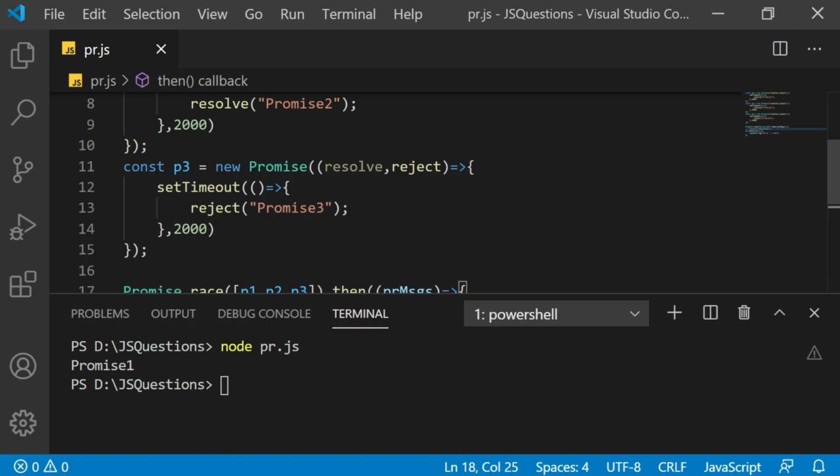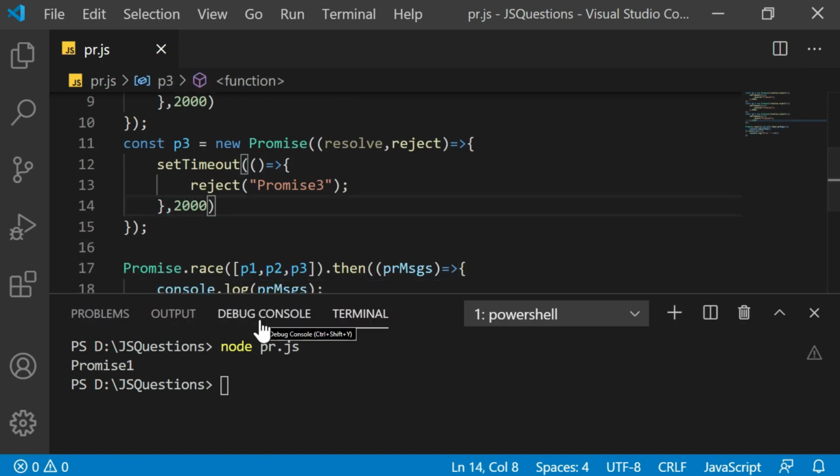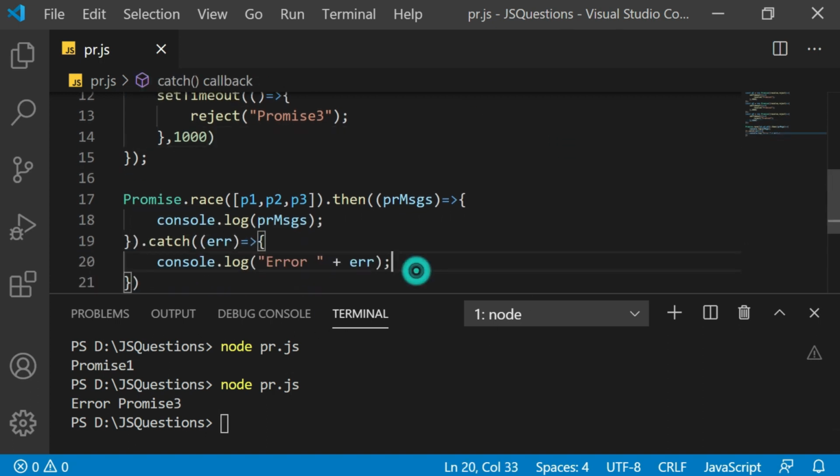It means that, let's say this promise 3, let me reduce the milliseconds here. So promise 3 is executed, which was actually rejecting, but then also that got executed, and because we have returned the catch, it got caught in the catch section and it displays promise 3 here. So we have discussed resolve, reject, allSettled and race methods. In the next section, we are going to learn async await, which is most commonly used instead of resolve and reject nowadays.